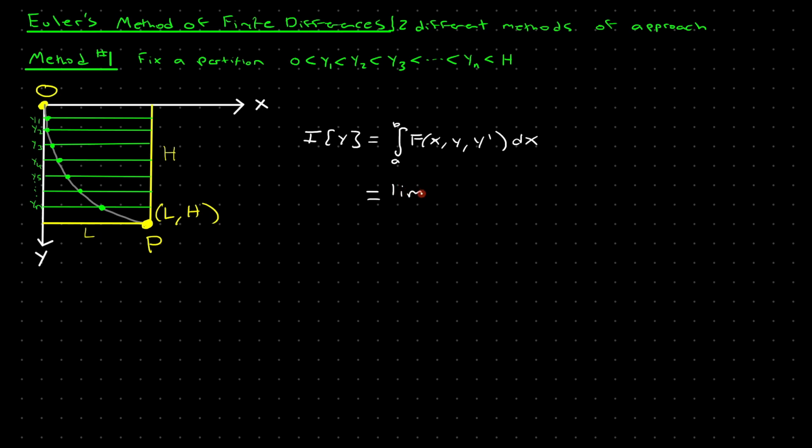This is the limit of Riemann sums, or the limit as n goes to infinity, as delta x k goes to 0 of the summation from k equals 1 to n plus 1 of f of xk, yk, yk prime times delta xk, where delta xk is xk minus xk minus 1, and ykp here is an approximation to the derivative of the curve that we're doing this integral on,